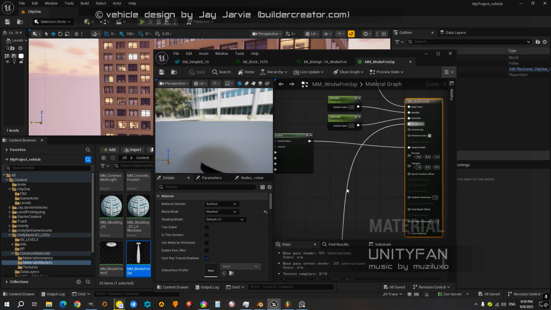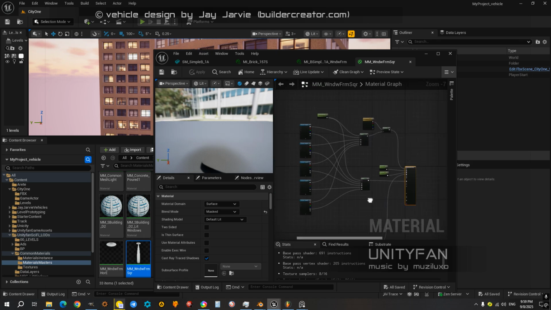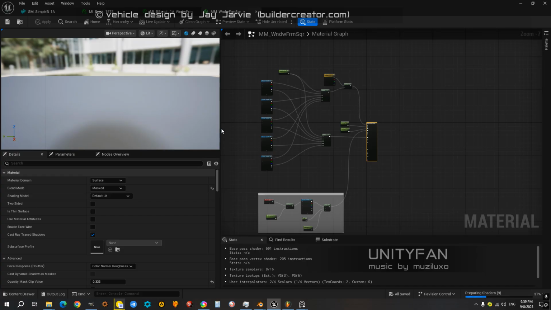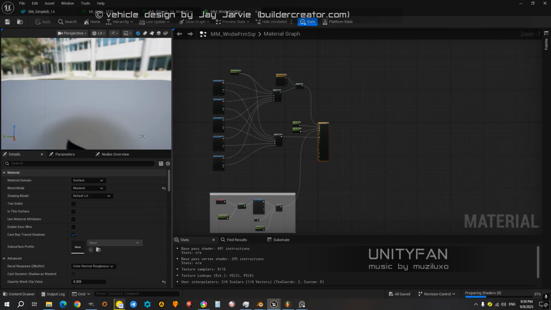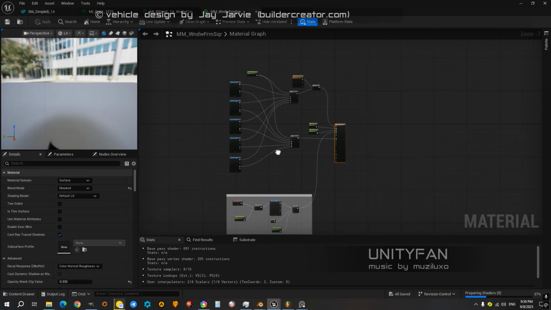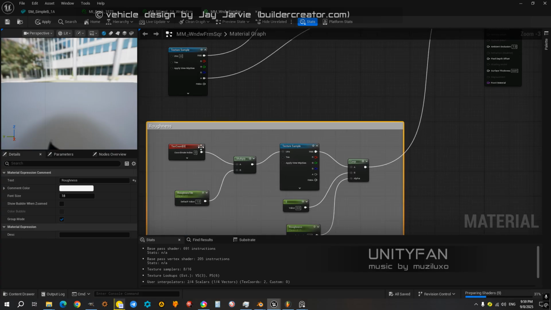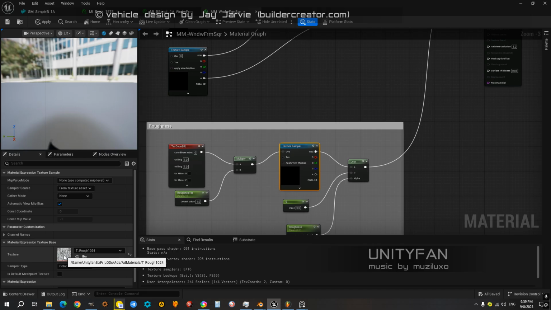And here is how it looks like. The structure. Roughness is basically just a texture. Texture, this one.